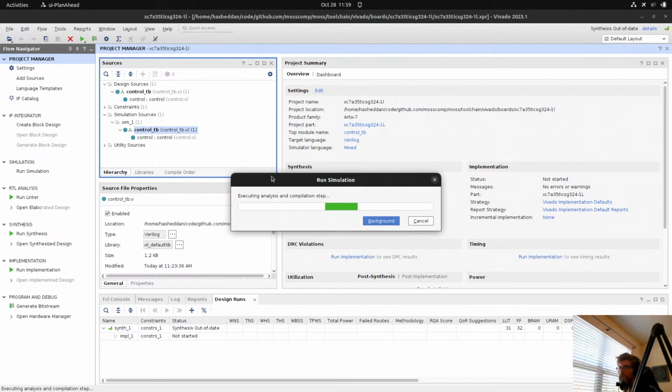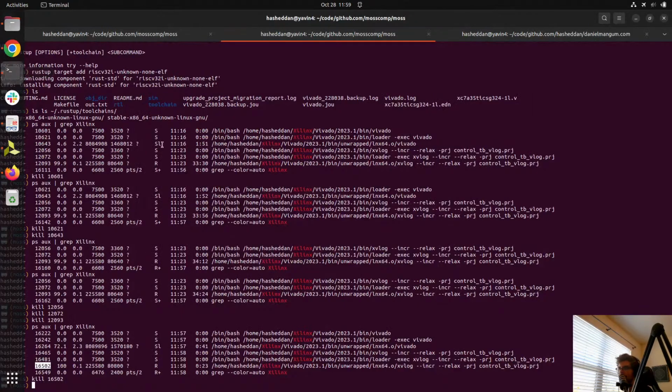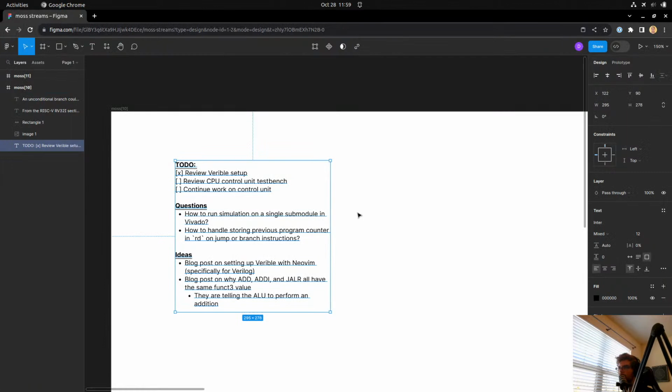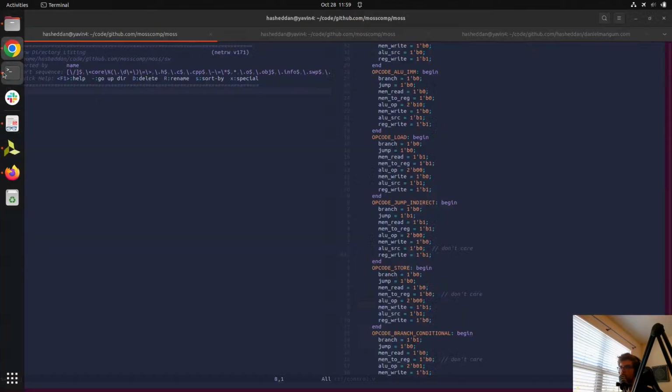Because this certainly ran last time. Anyway, we'll keep progressing on the Rust side here because I want to just get to the place where we're compiling something.